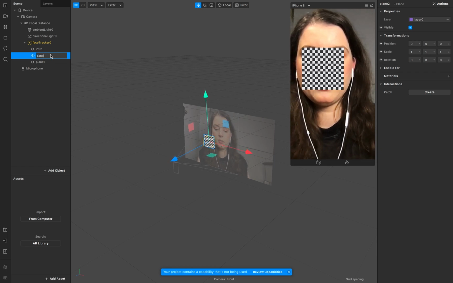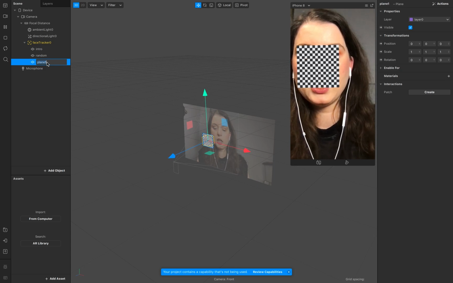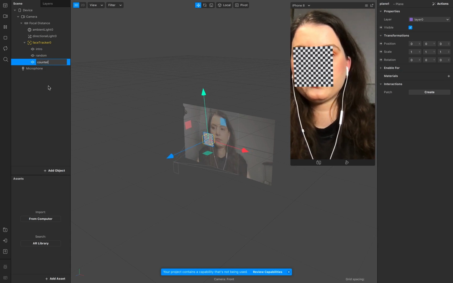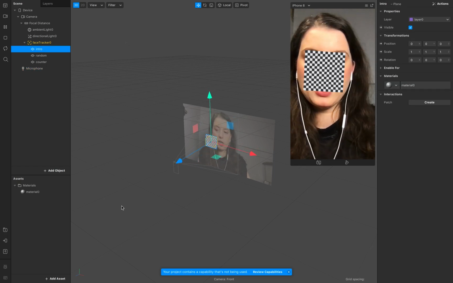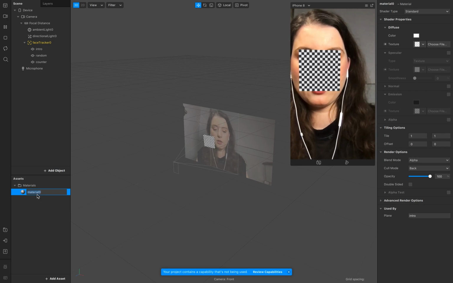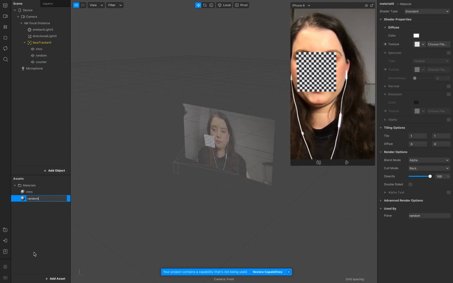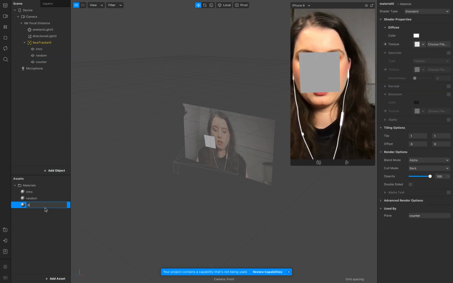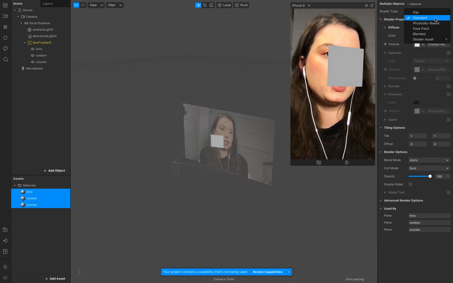our random for the random objects, and then our counter, and we create a material for every single plane. So intro, select them all, go to shader type flat,